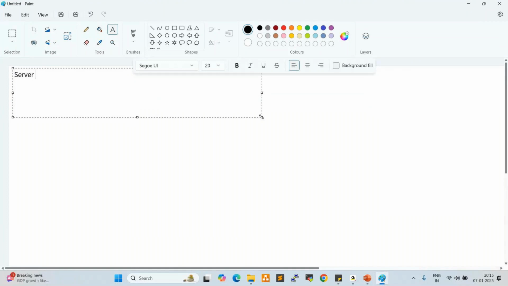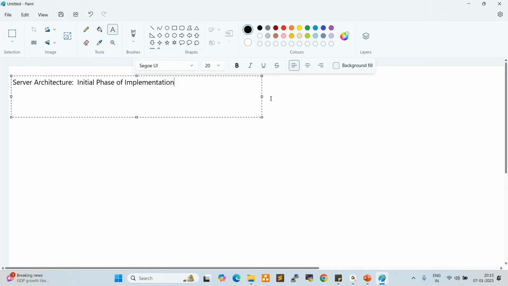Server architecture. So the initial phase of implementation. So this is the first phase.